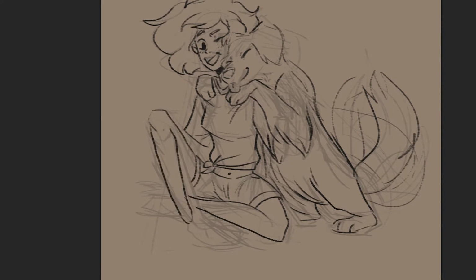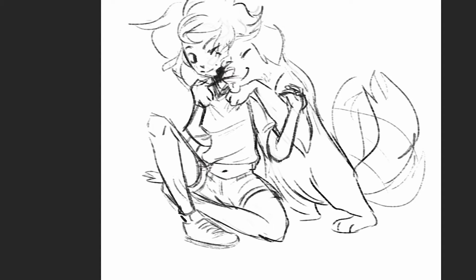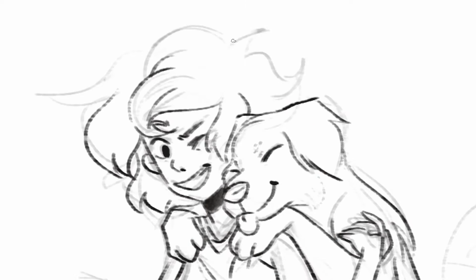When the line work was done, I wasn't too happy with how Gemini's body was looking, so I sketched an additional layer to fit the organic shapes more naturally and do it again. It's better to fix when you can than leave it broken until the final result. With the body fixed, I also redid the line art so that it's really crispy and clean and ready for